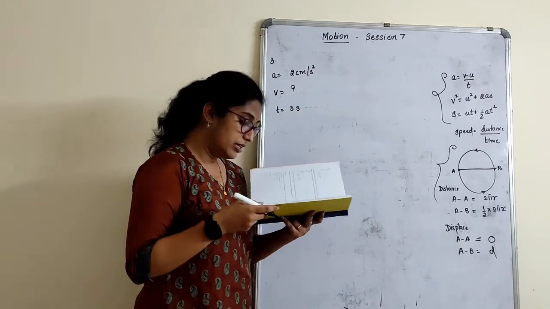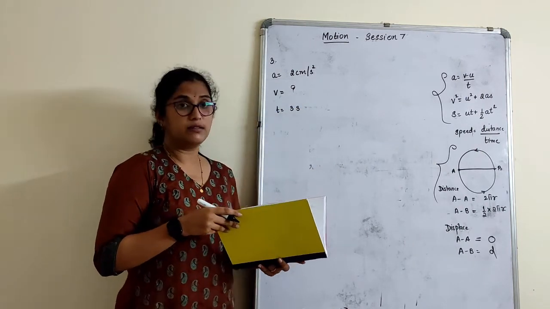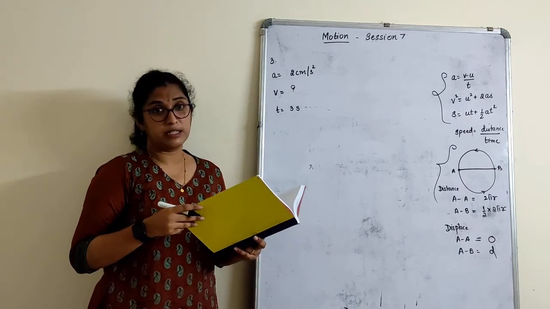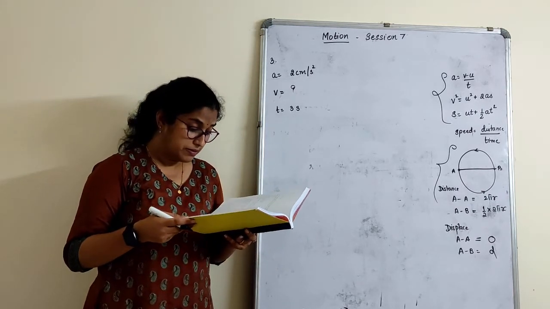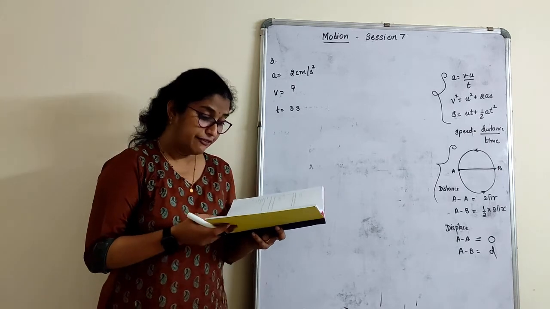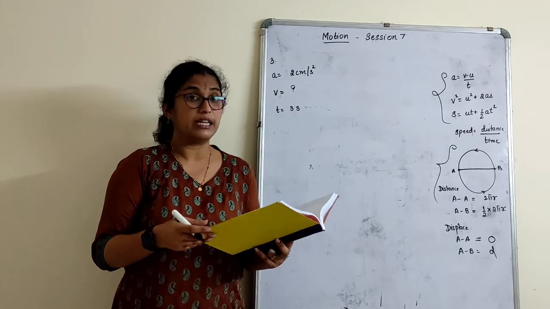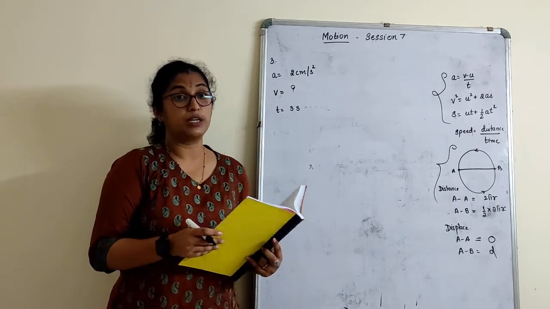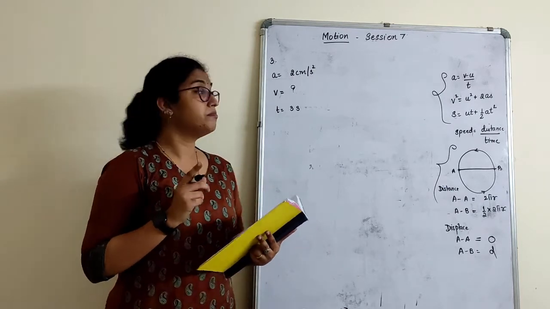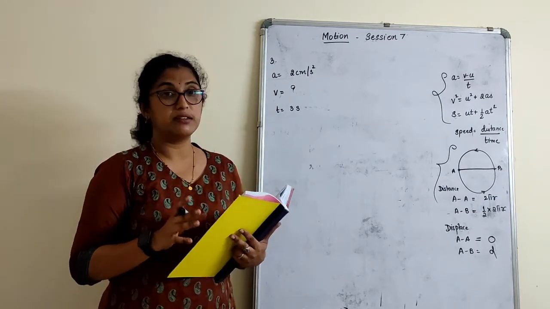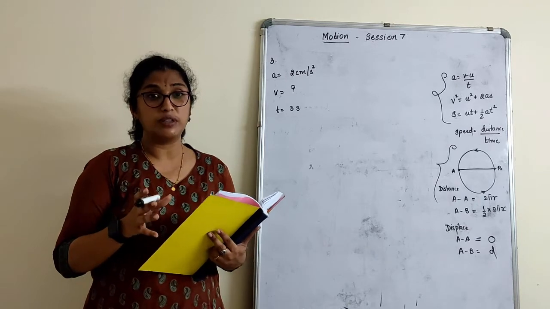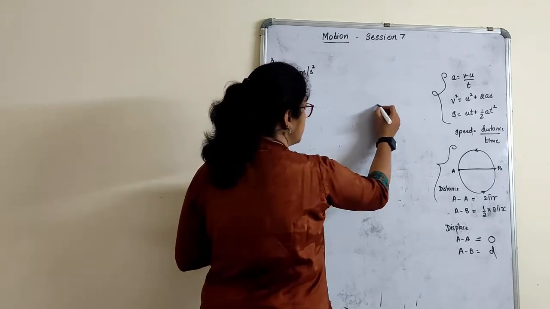Now children, here usually we get the answer in terms of meters per second square, right? So sometimes I think in my book I have given it in terms of centimeter only, but I want in the notes what I am talking about. I want you all to make this question in terms of meters per second square, because that's the standard unit, children. What is the standard unit?